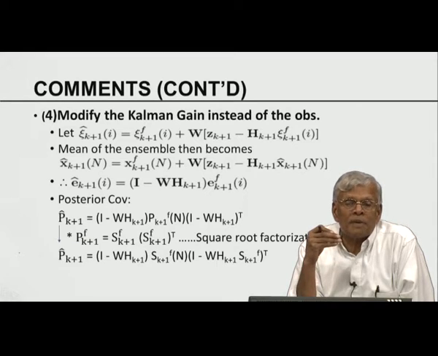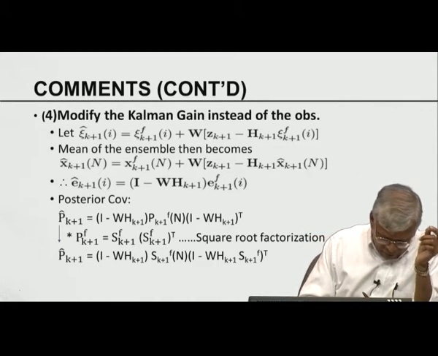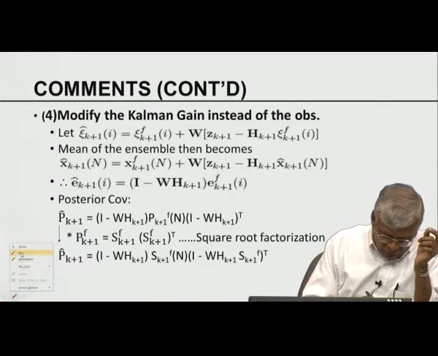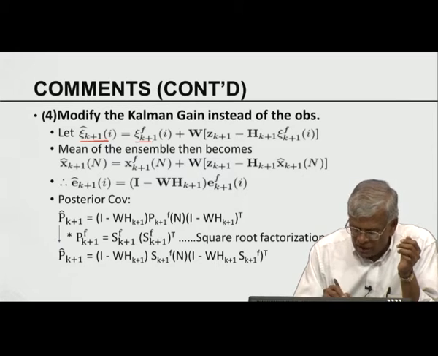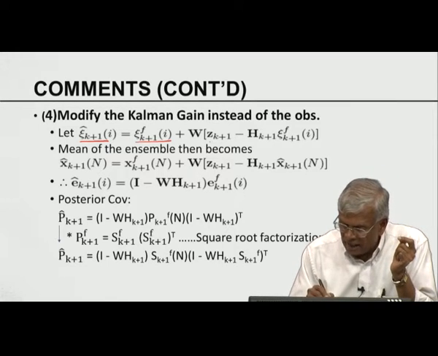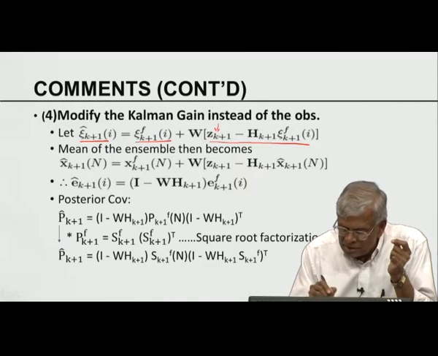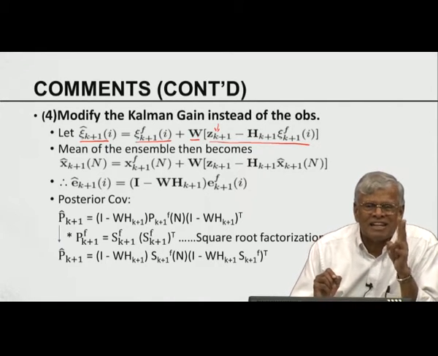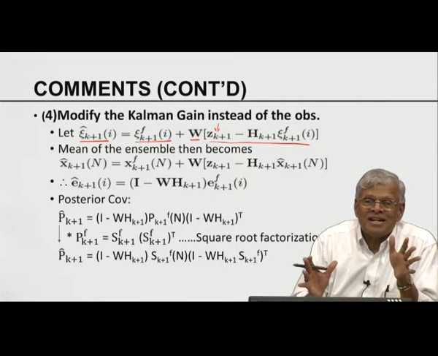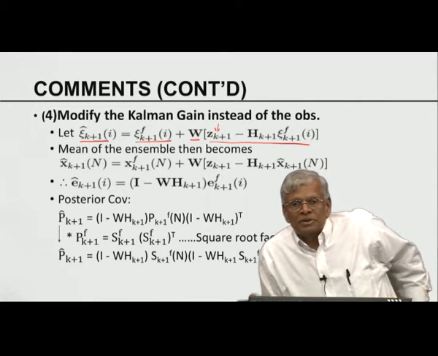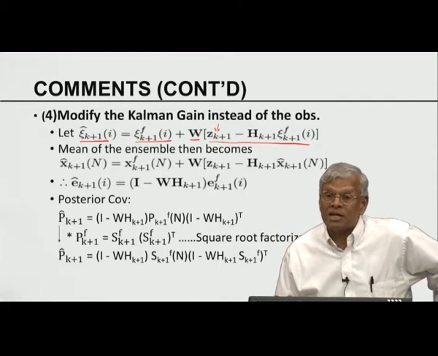Therefore, what were they looking for? They were looking for an alternate approach. And what does this alternate approach depend on? It depends on the following. I have the analysis ith ensemble, I have the forecast ith ensemble, I have the innovation. Please remember, I am using the same observation. While using the same observation, can I use another weight W such that I can restore sanity in the analysis ensemble? That is a very beautiful mathematical question. This question was answered in the affirmative.